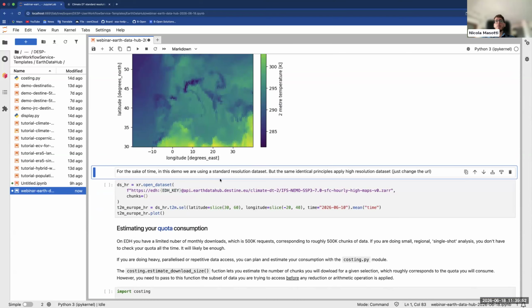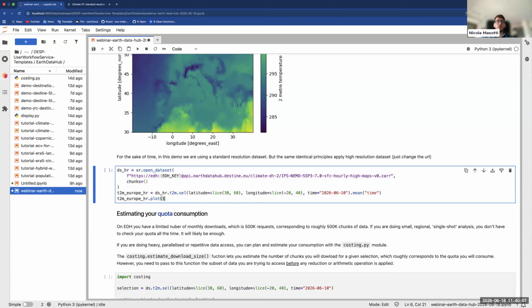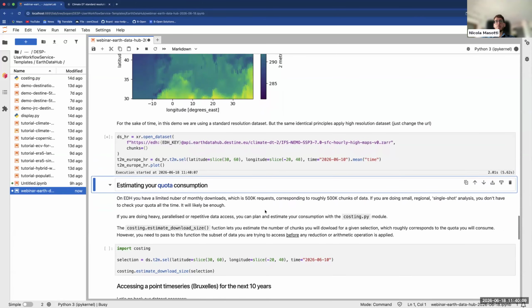For the sake of time in this demo, we are using a standard resolution dataset, but everything I showed seamlessly applies to any dataset on Earth Data Hub, including the ClimateDT high resolution dataset. I have already copied here the snippet for the corresponding high-resolution dataset, and we can see we can use the same syntax to access the high-resolution corresponding dataset.